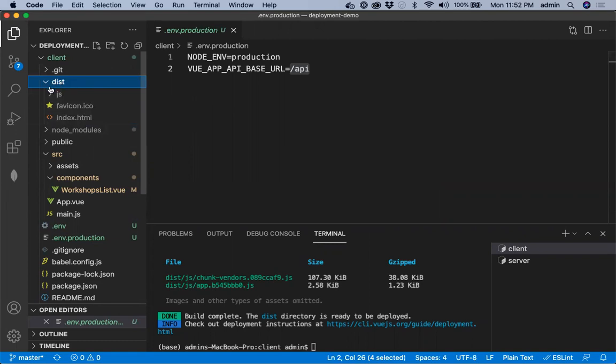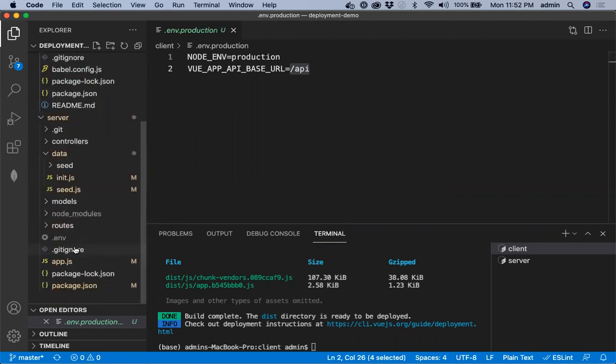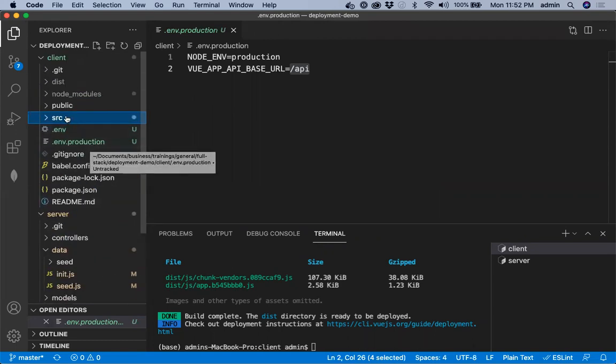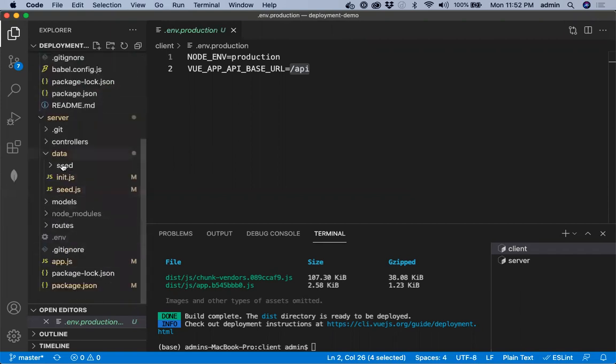So this should be a fully working application. So we need to copy this to the server's public folder. Now we don't have any public folder right now in here. So we need to write a script. You can, of course, just Control-C, Control-V or whatever, and copy it from here to here. That is also possible, but we'll automate the process.